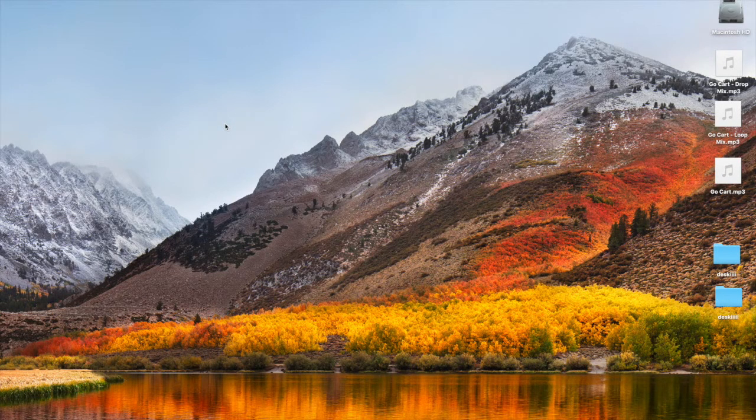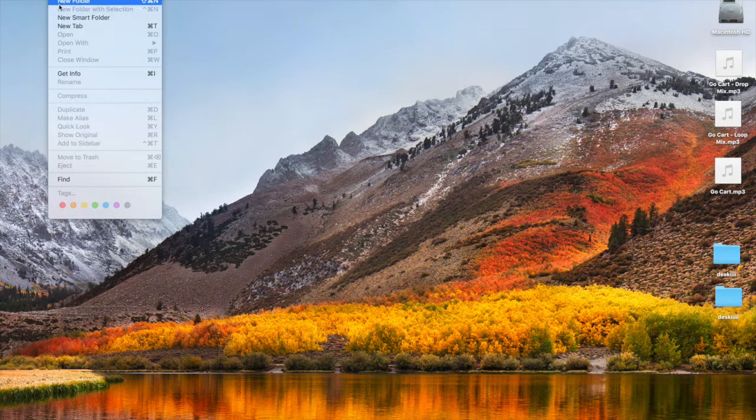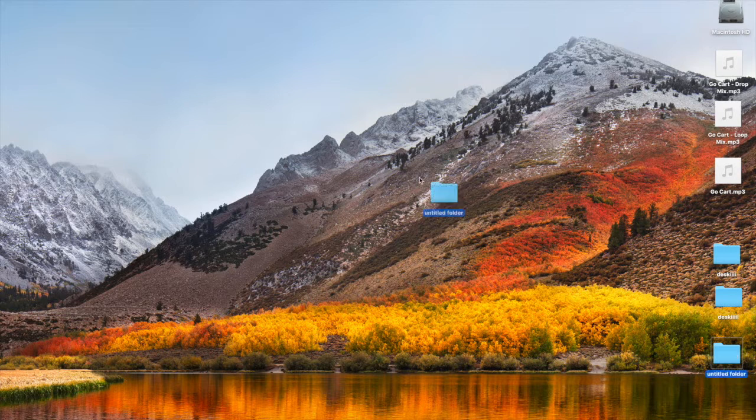You don't have to use Mac. This will work fine on Linuxes or Windows. That's not really a problem, but we're just going to use a Mac for the sake of it. So we'll create a new folder just on the desktop, and we'll call that